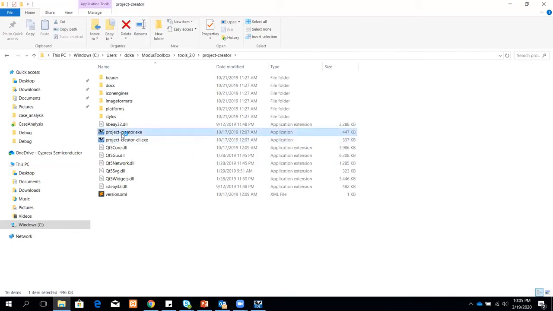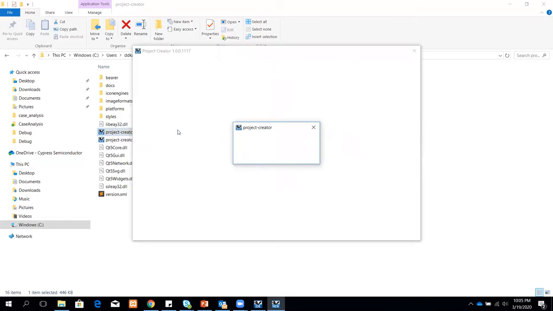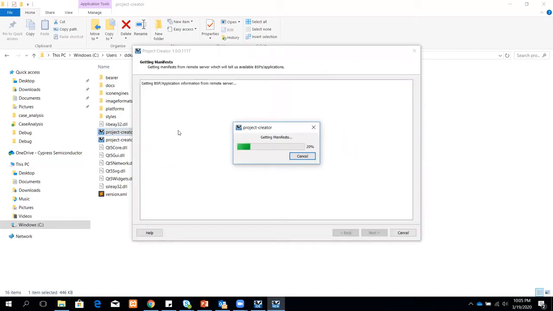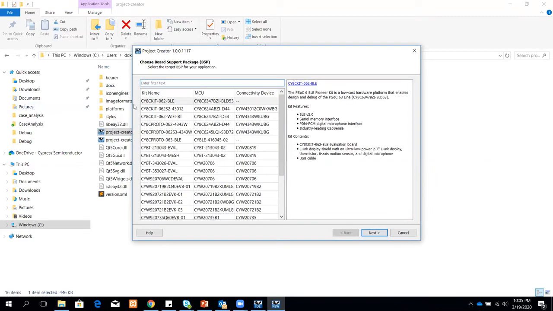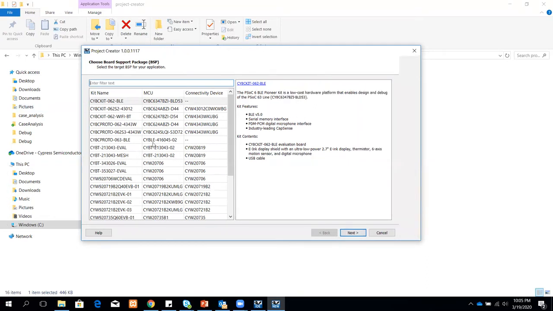Let's click on the GUI, and when you invoke it, you'll notice that this is similar to what you saw inside the IDE itself, right? So again, it's the same, but notice that this is a standalone tool now. You're no longer using the IDE, you're invoking it from the tools directory.